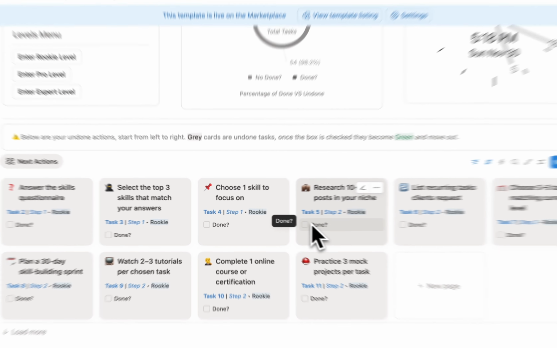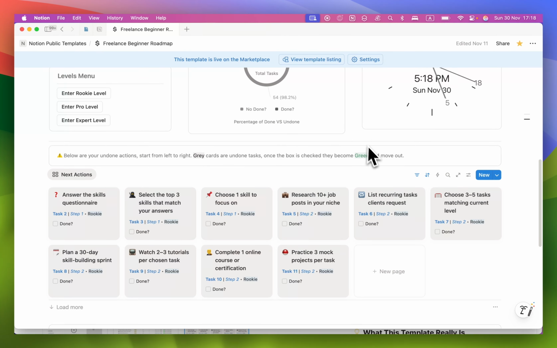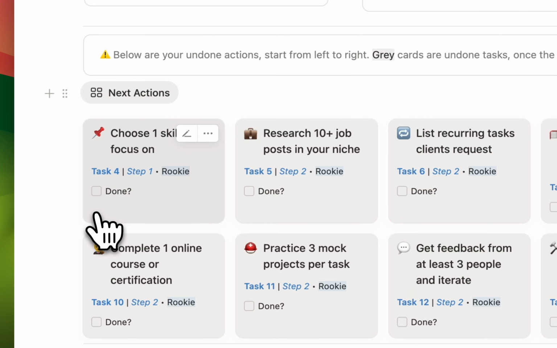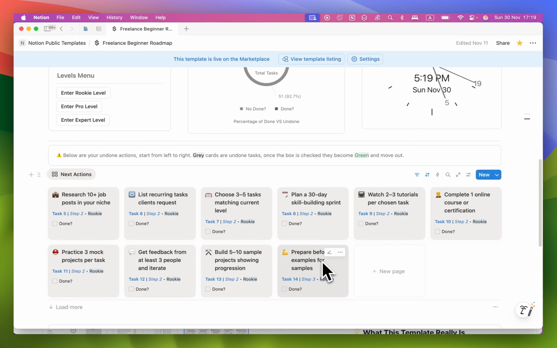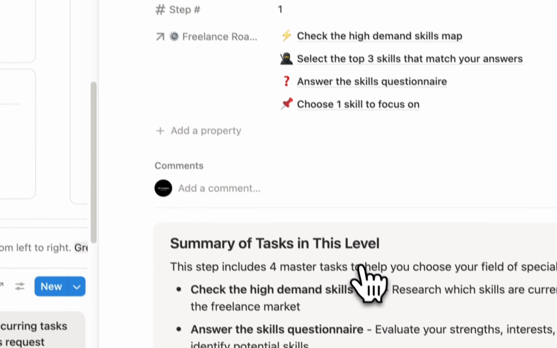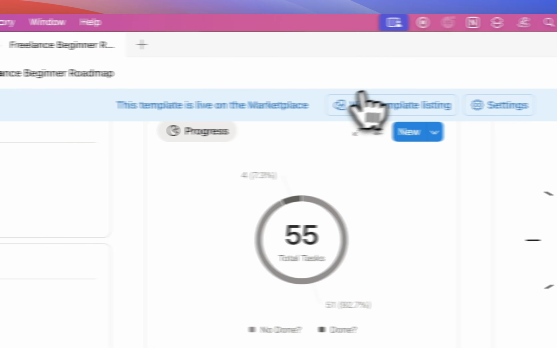It turned out blue, sorry, not blue, I mean green, and it disappeared from here. Okay, so as soon as you click and activate done, they will start disappearing from here and new tasks will show up. Okay, and then if you go to the roadmap over here and check the tasks, let's see the